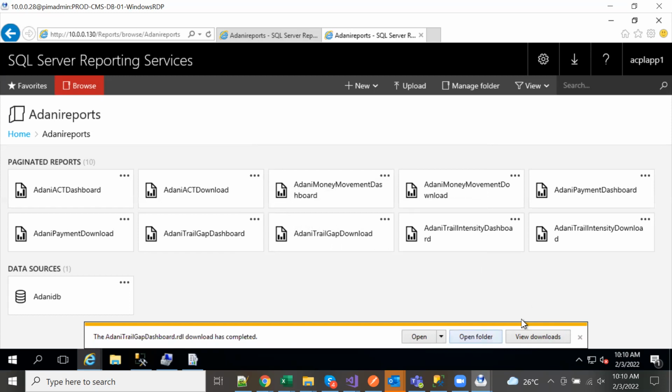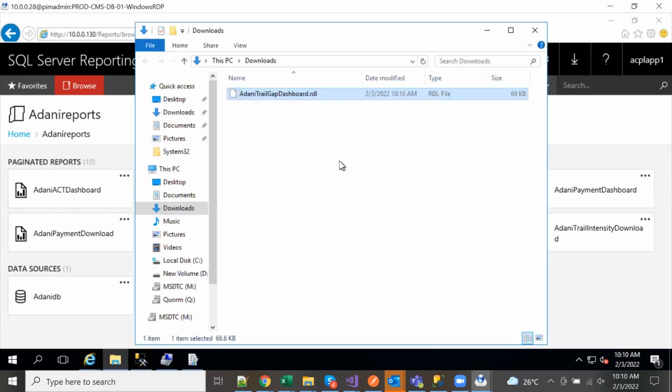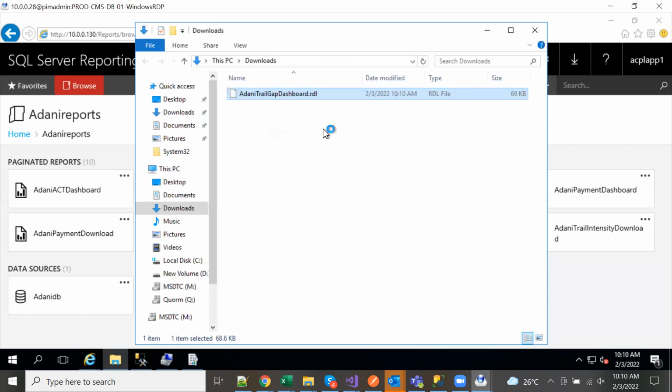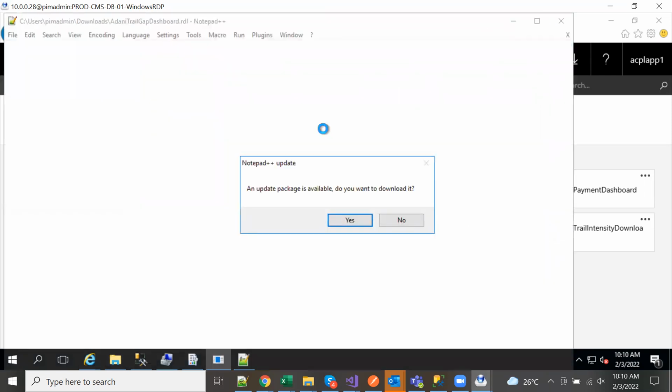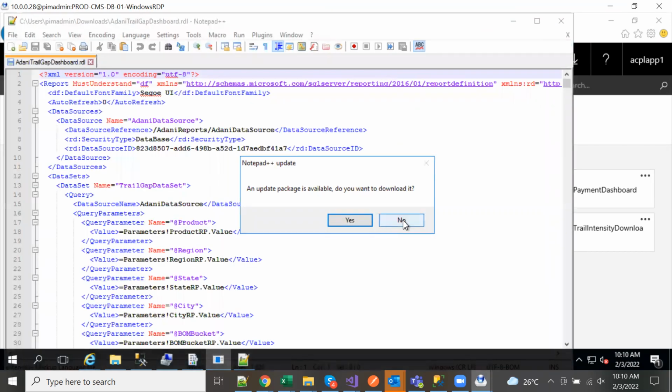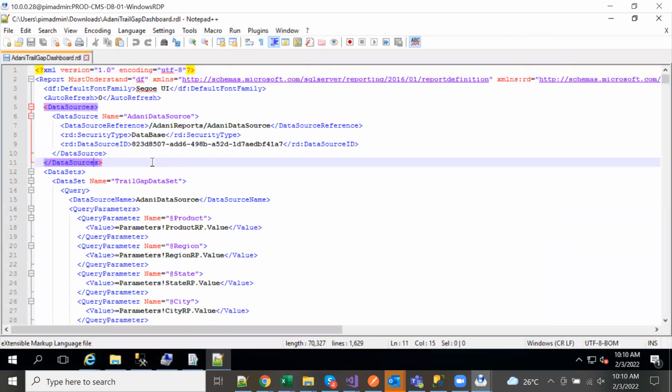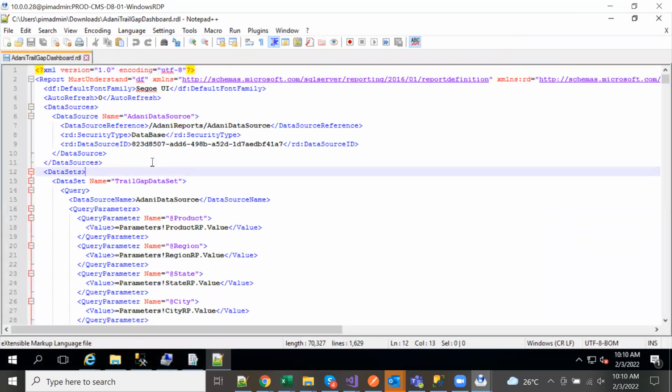Save, open in folder. So this is the RDL file. You can open it even in a text pad also. More or less it looks like an XML file, and it gives the details.